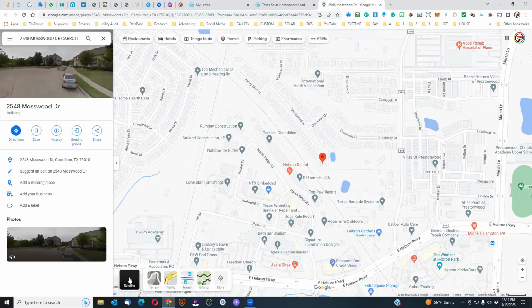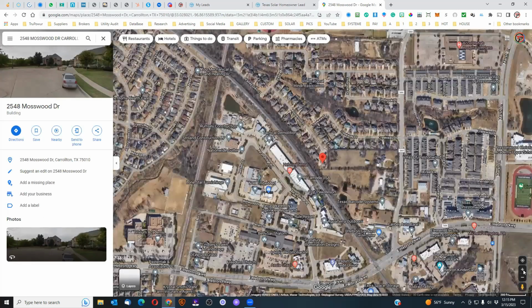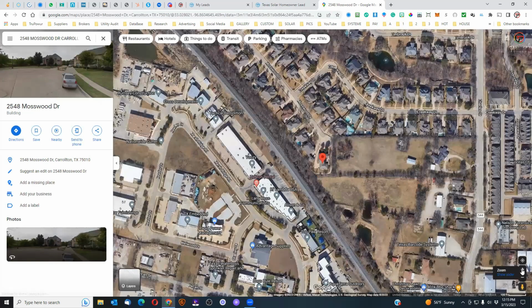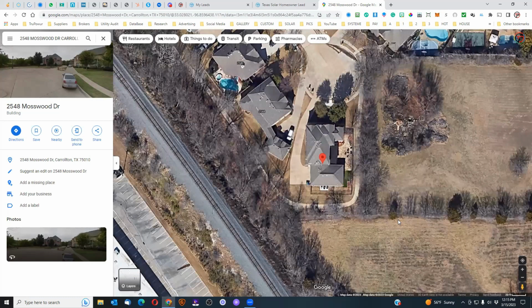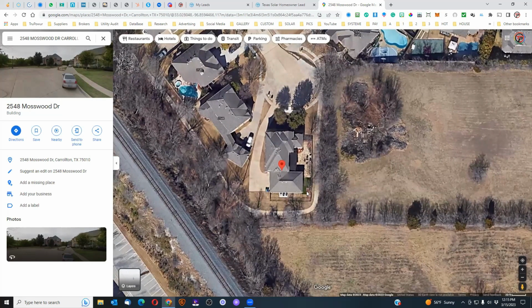So if you click on the satellite view and zoom in here a little bit, a couple clicks, we can see that based on this home's layout, if I was talking to the customer about solar, this is actually a very, very good home for solar. You can see that there are a lot of planes that are available to the south. And so it's going to get the maximum of exposure